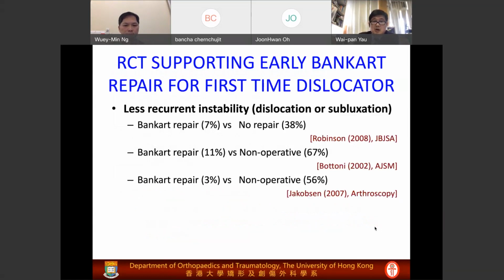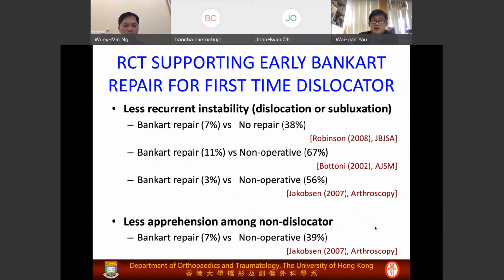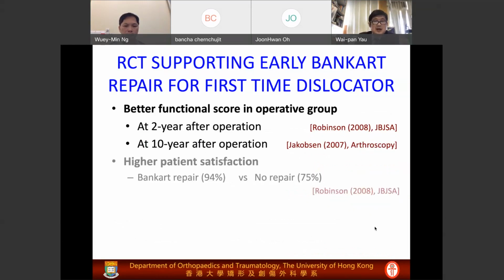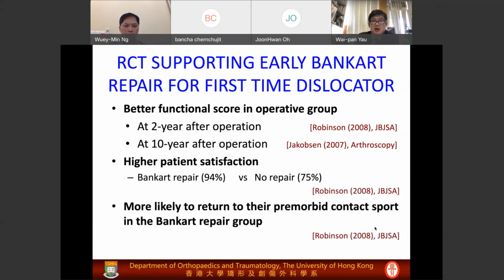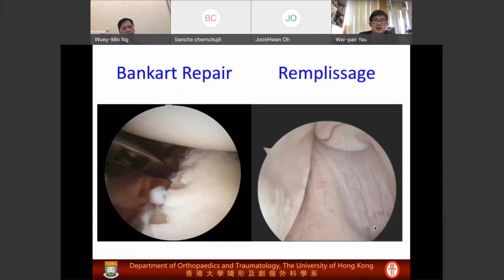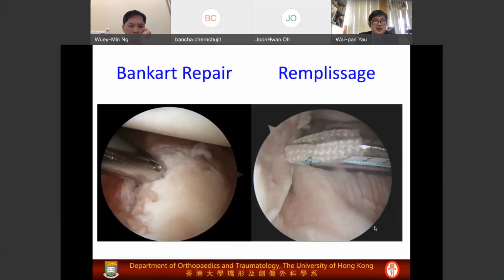But the advantage is not only this. Even for the non-dislocators, that means those without dislocation, a Bankart repair will lead to less apprehension as compared with the non-operative group. This leads to a better functional outcome, whether at short-term follow-up or mid-term follow-up at 10 years for the repair group, and higher patient satisfaction, and also more likelihood to return to the pre-morbid contact sport. So as a result, as I told you before, I will prefer an operative intervention if it's a patient younger than 20 years old. The surgery that I would like to do in the past is a Bankart repair